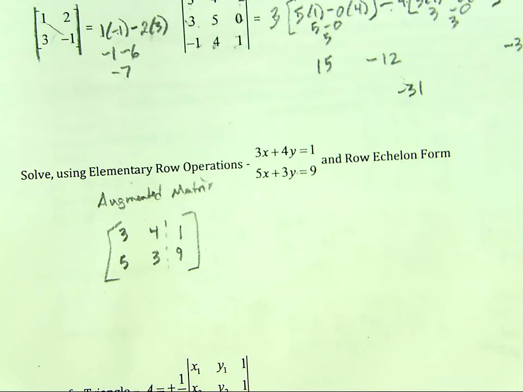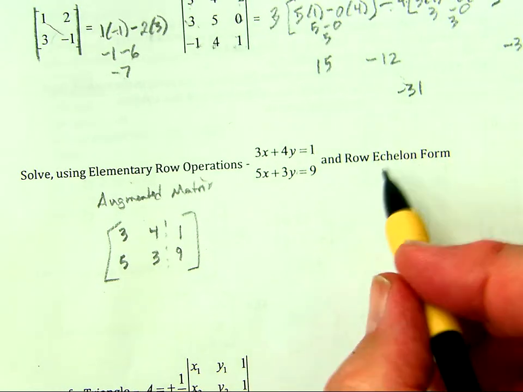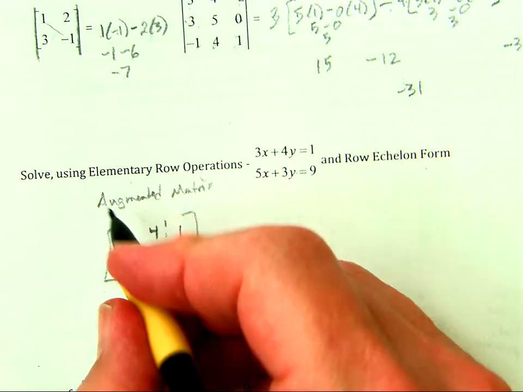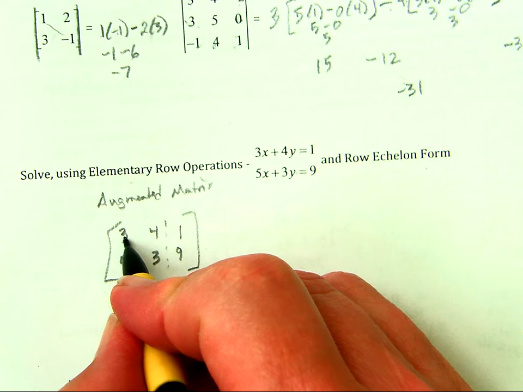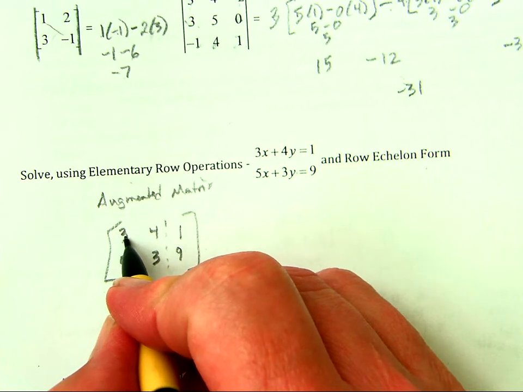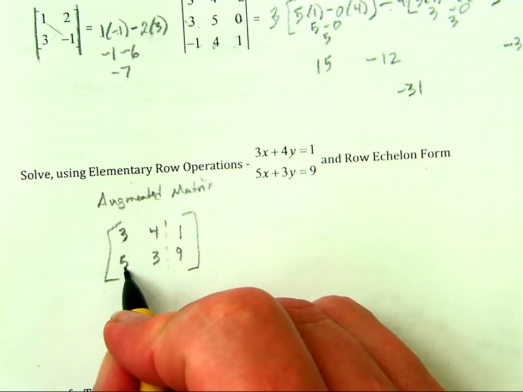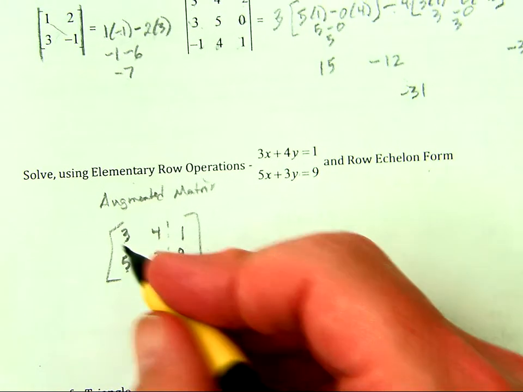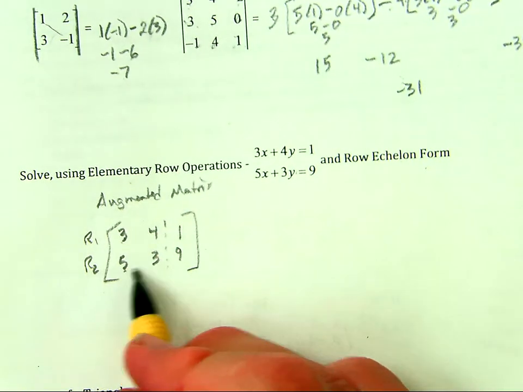Now, we're going to take this matrix. This is where we want to put it in row echelon form. That means we start here. This number is nice if this is a 1, but we really don't care. What we want to do is go down first. We want to turn this number into a 0. Well, if I call this row 1 and this row 2, for our row 2,